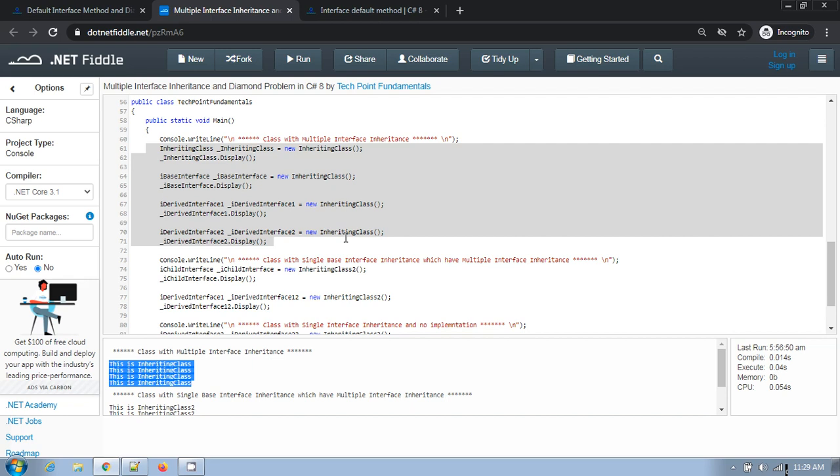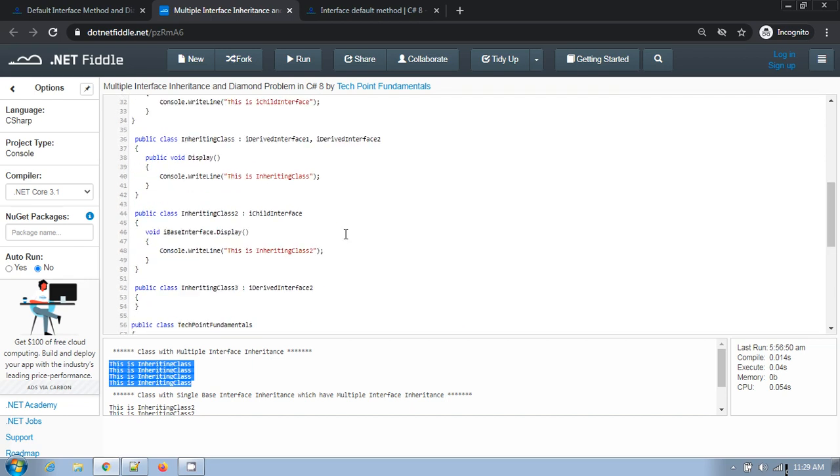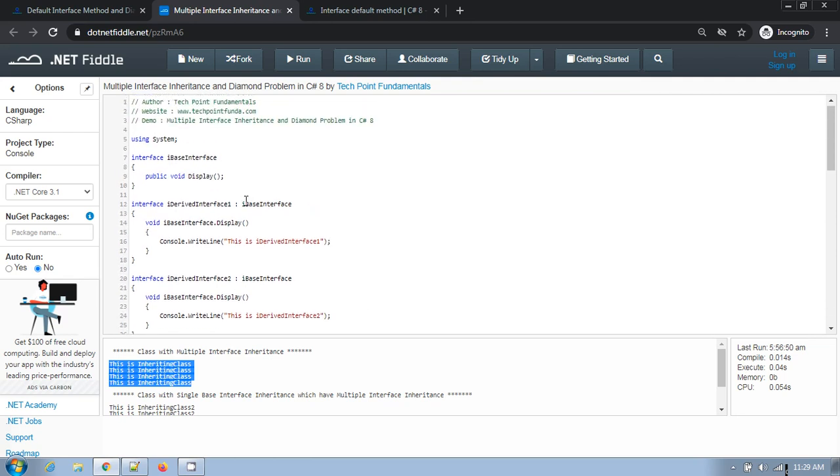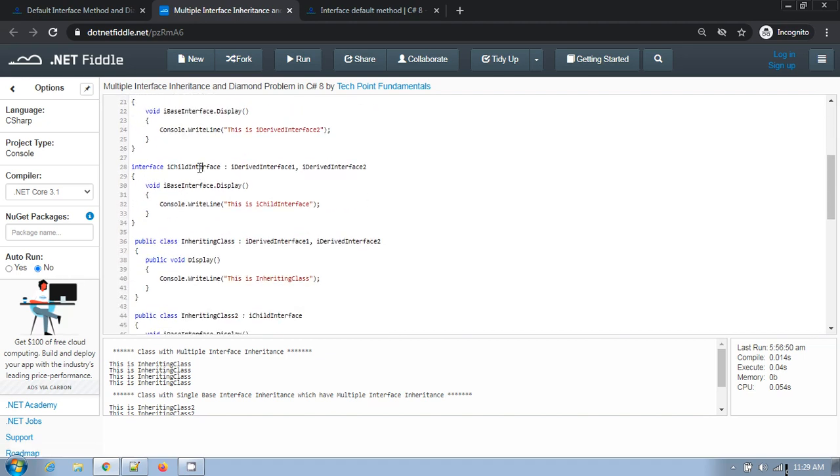And also if you see here, again I have reproduced the same scenario where you are not inheriting both the base interface members in the class directly. Suppose here I have created a third interface, IChild interface, and this child interface inherits from both IDerived interface 1 and IDerived interface 2, and this child interface implemented the base interface method, which is the IBase interface's display method here.